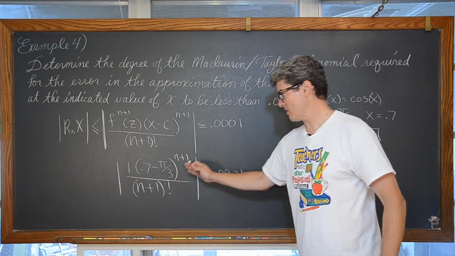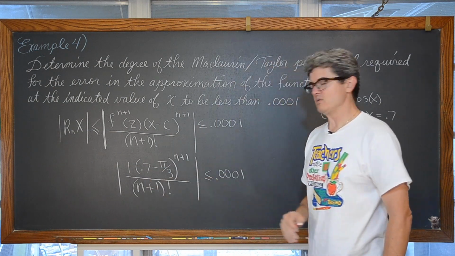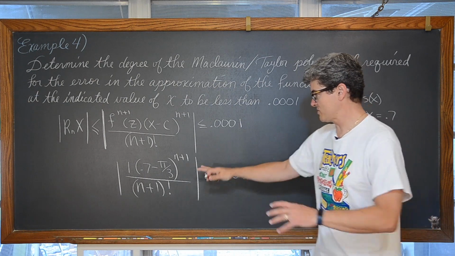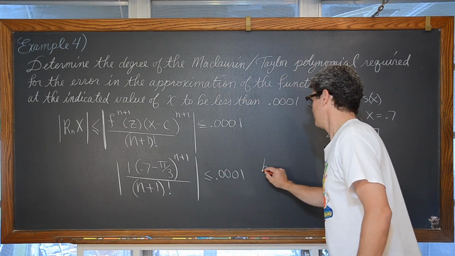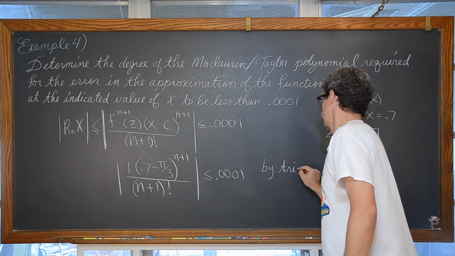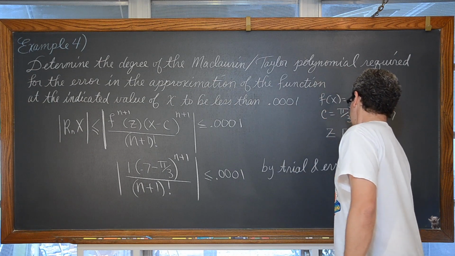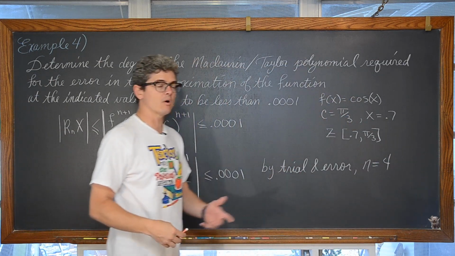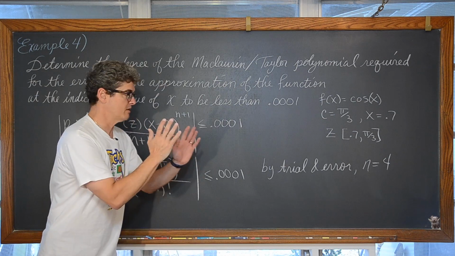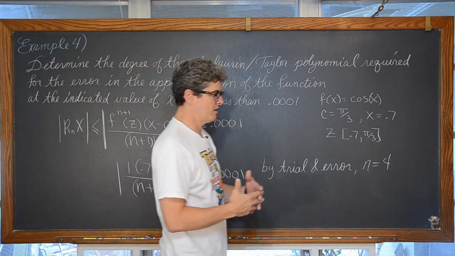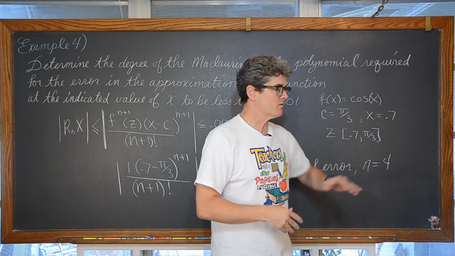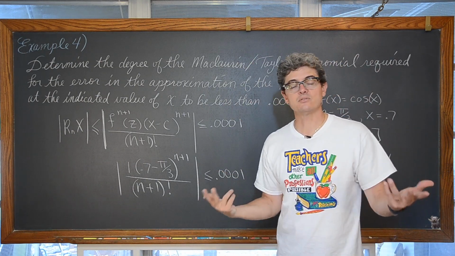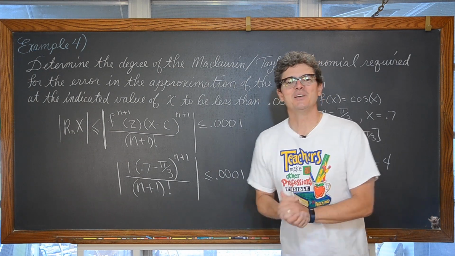but as soon as you put in an n value of 4, this expression is going to give us a maximum error which is less than 0.0001. So you just do a little bit of trial and error, and by trial and error we get n has to be equal to 4. Now n can be greater than 4, but why do more work than you need to? If you use an n of 4, a 4th degree Taylor polynomial, you're guaranteed to have an error that is less than 0.0001, and that's how you determine how much work you need to do to set up your Taylor polynomial.